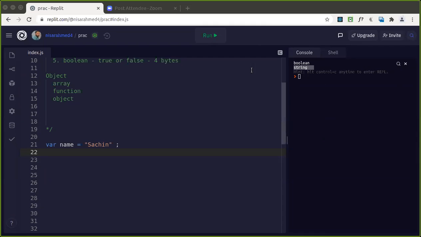100 variables are required, but 100 variables are difficult to manage, isn't it? You cannot declare like that, name one, name two, name one for the second name, and so on. So it becomes difficult. So all are of the same type, related to what we are using them to represent. Good. So we are using them to represent names.